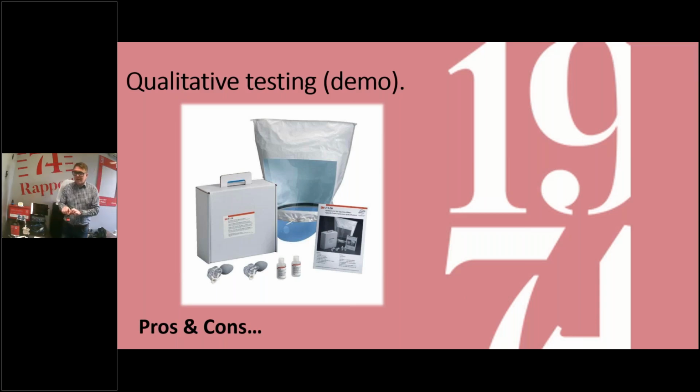Also in the kit, you can expect 2 bottles of solution. This is typically a product known as Bitrex or denatonium benzoate, to give it its chemical name. One of the solutions is a very weak version of denatonium benzoate, Bitrex, and the other is 10 times the strength. So the basic principle of this test method, you take your nebulizer, you would then fill it with a weak version of Bitrex